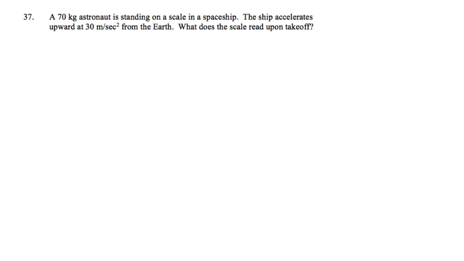All right, so this is a problem where it does involve the apparent weight. We've got an astronaut standing on a scale in a spaceship, and the spaceship is accelerating upwards. So it's like being in an elevator, just a real powerful elevator that's going to be accelerating very quickly. But we've already done a problem like this before, where we actually had to do a bunch of work just to calculate the acceleration so that we could then figure out what the apparent weight of the person was in the elevator. In this one, they're just giving you the acceleration,